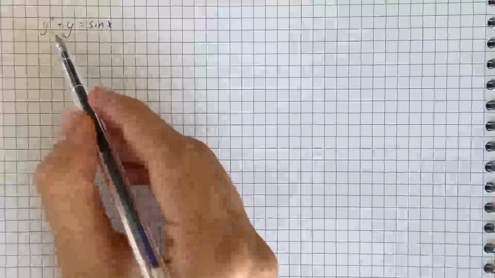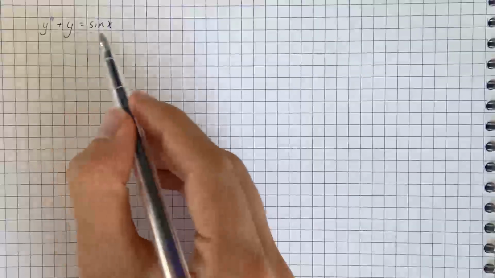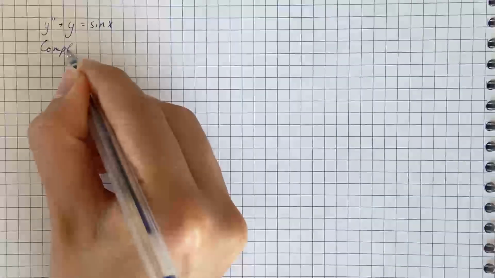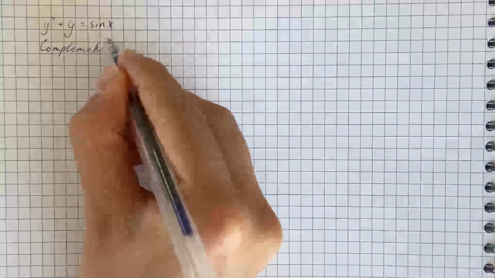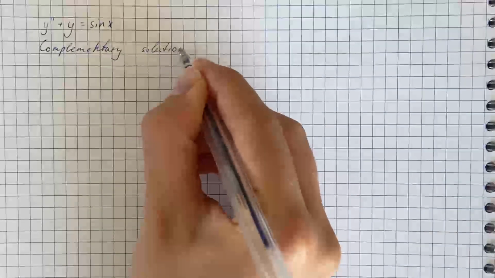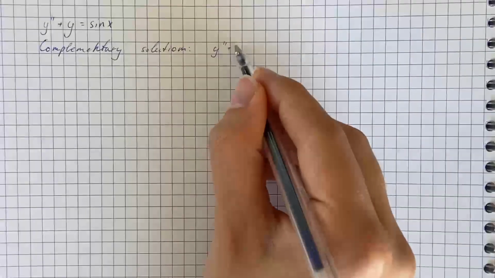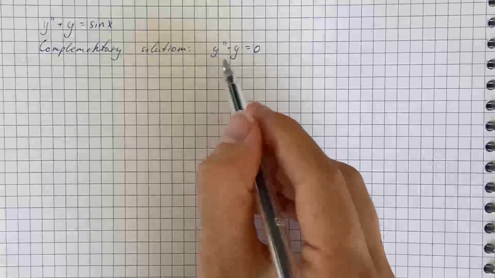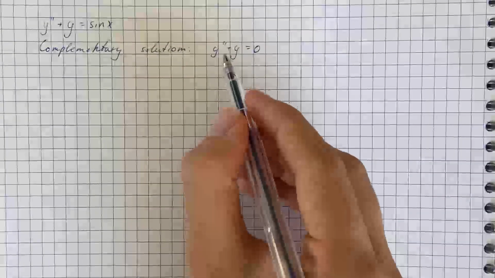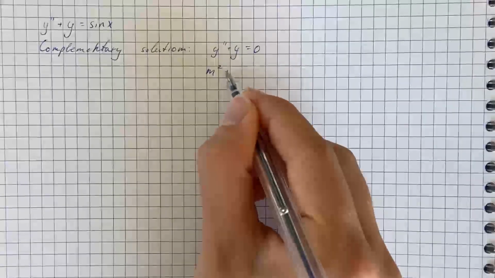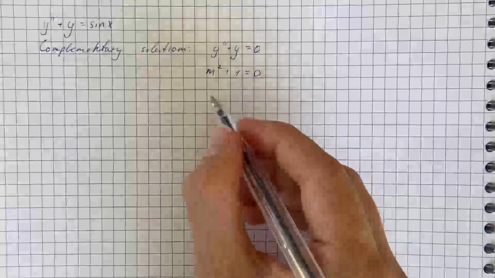We have to solve a second order non-homogeneous differential equation. So at first we're going to find the complementary solution. For this we're going to make a homogeneous equation. So we set the left hand side equal to 0, and I'm going to substitute it as m, so we can make a quadratic equation. So it's going to be m squared plus 1 equals 0, and from this we get